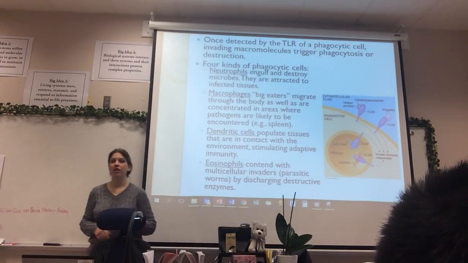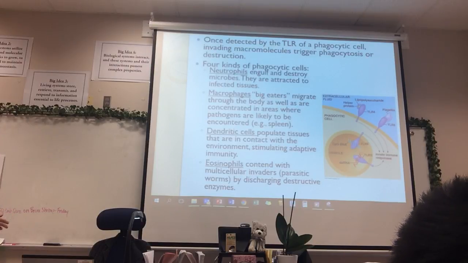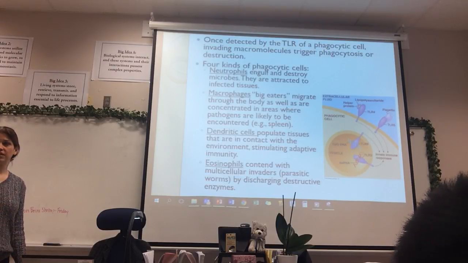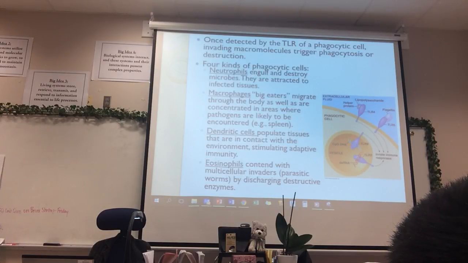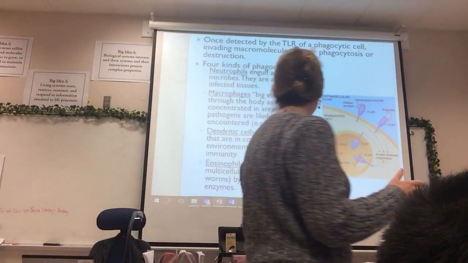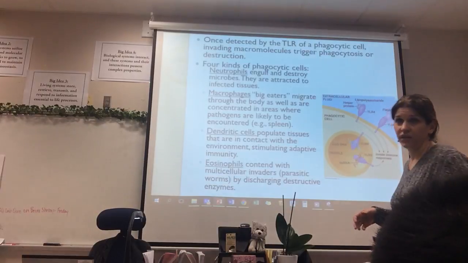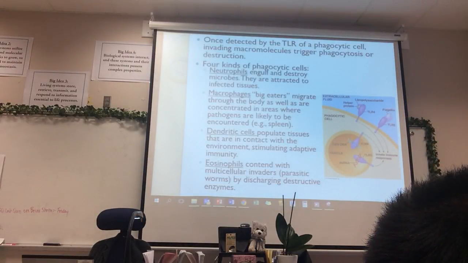We're going to start at the bottom with our eosinophils. Eosinophils, I think, are the most disgusting, but it's just because of what they do. They deal with multicellular invaders, like parasites. That's kind of vile to me because I'm not really a fan of worms that live inside of me. I don't think it's ever happened. Maybe I'm wrong, but hopefully my eosinophils are a bored bunch of cells, right? That's the goal. They discharge destructive enzymes to destroy these multicellular invaders.